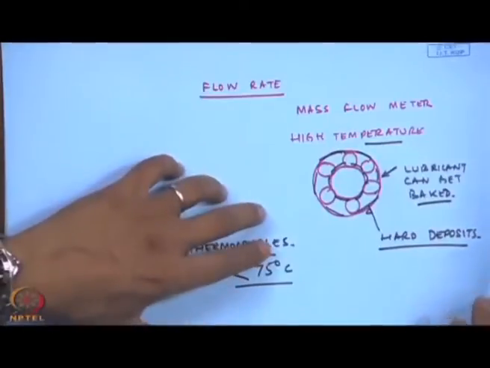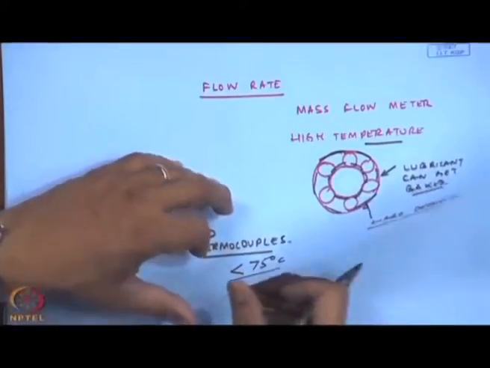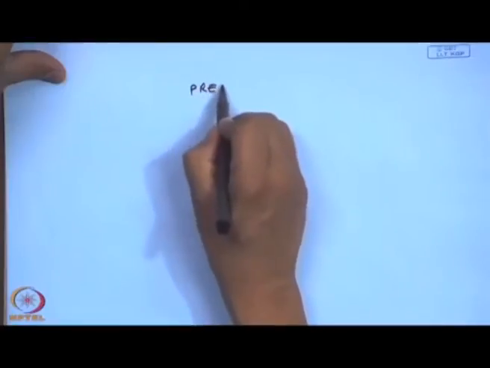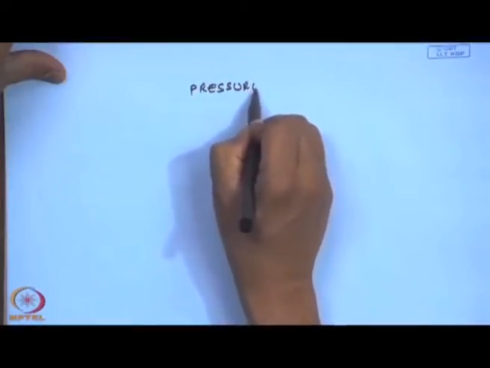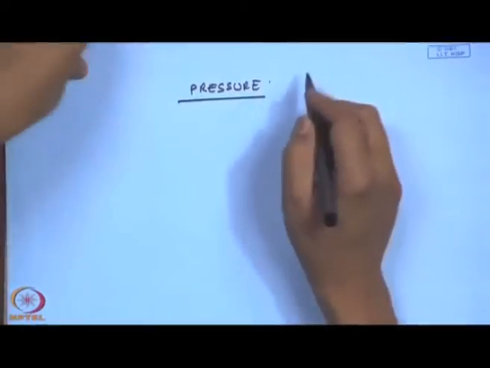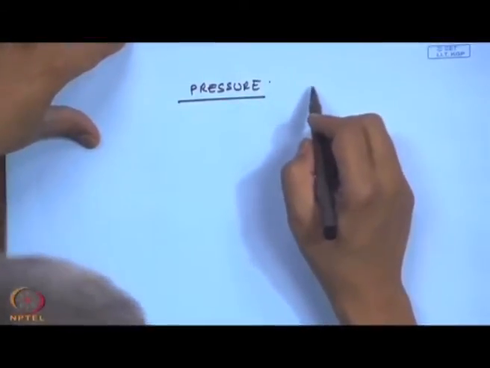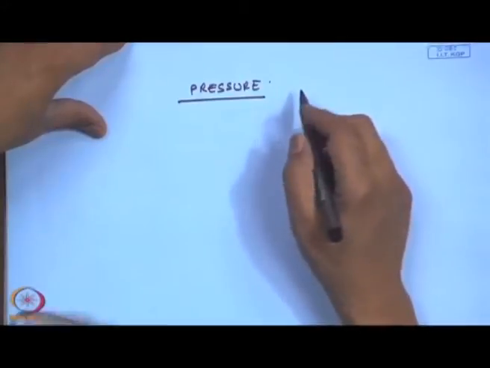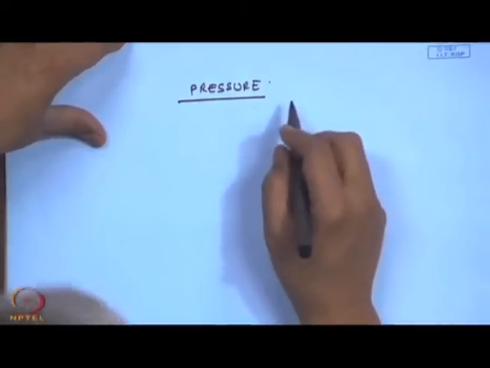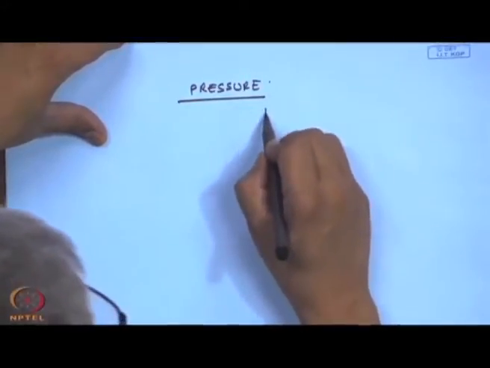And another very important parameter which has to be always measured is also the rotational speed, which I will come later on when I talk about the vibration. But then another most important thing is the pressure. If there is a pressure loss in the line, we have to look into why there is loss in pressure, and many times you would have seen in the industries,